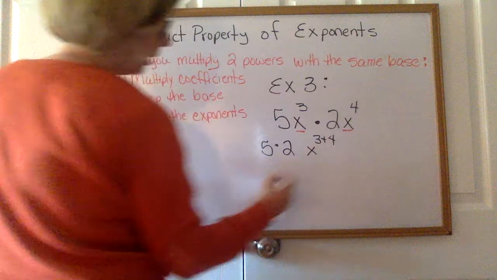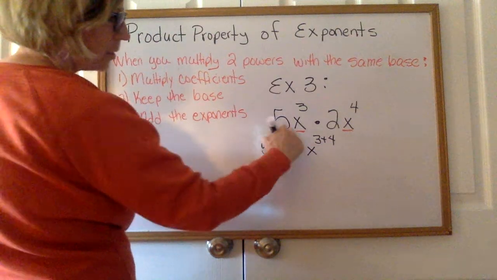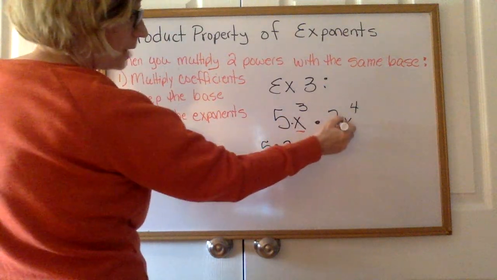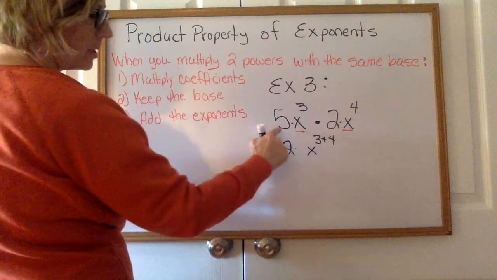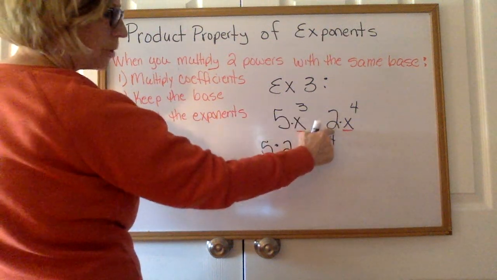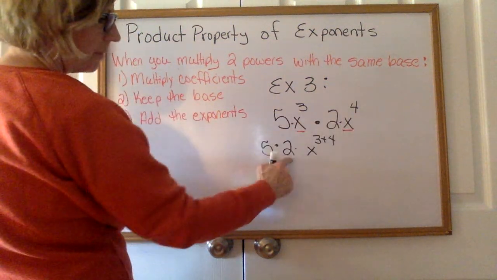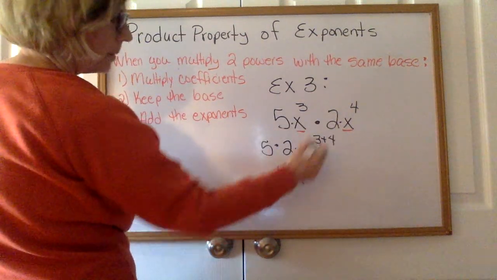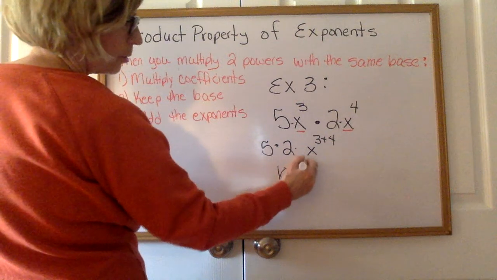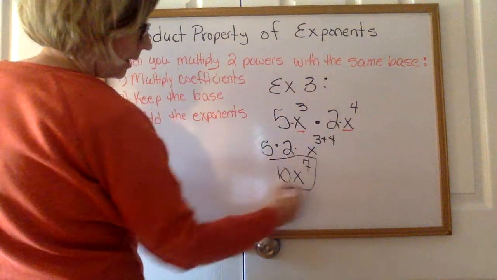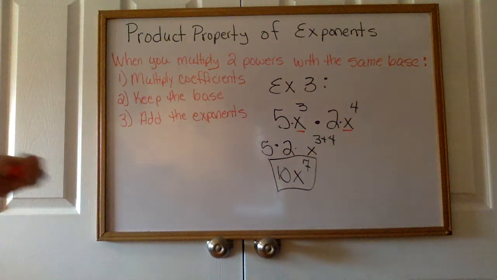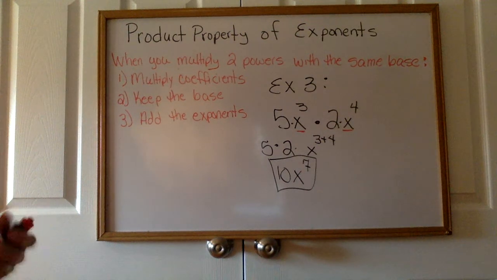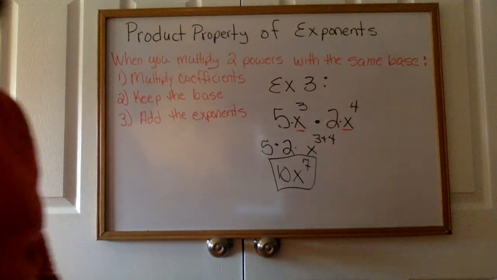3 plus 4. This is all multiplication, because this is multiplication and this is multiplication. So this is 5 times x to the third times 2 times x to the fourth. So 5 times 2, multiplying the coefficients, is 10. Keep the base, add the exponents, 3 and 4 is 7, 10x to the 7th. All right, copy that one down. If you have any questions on the property